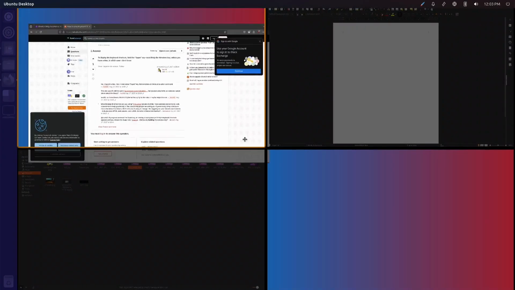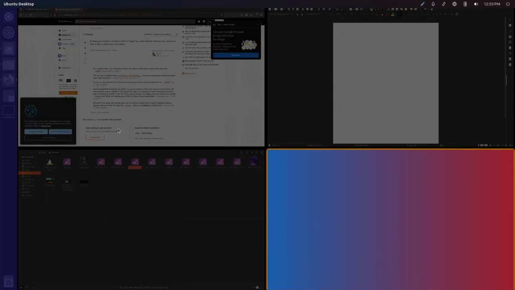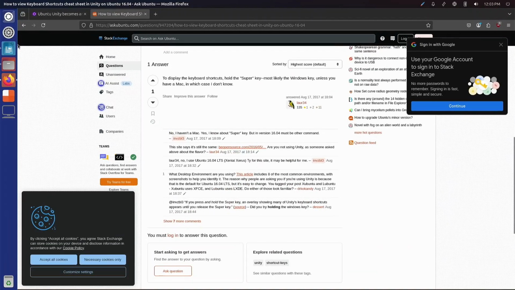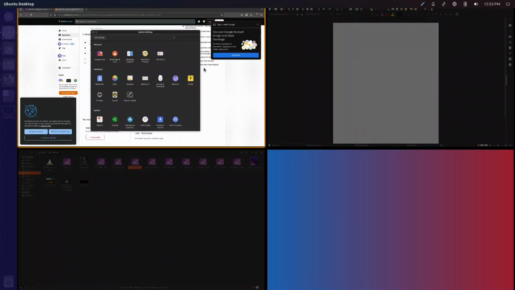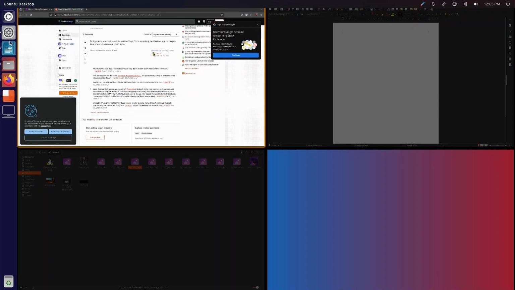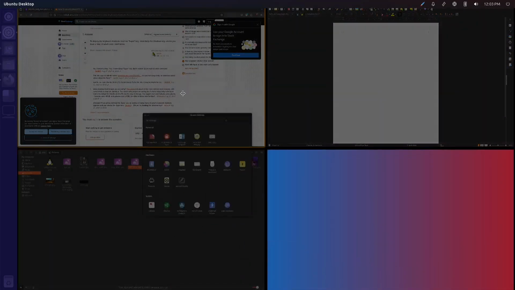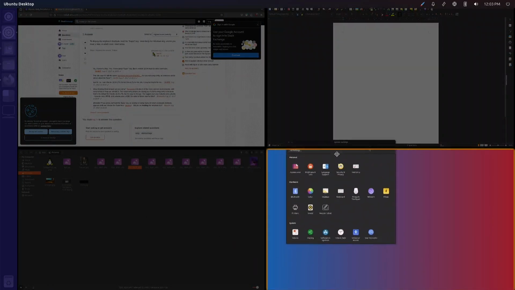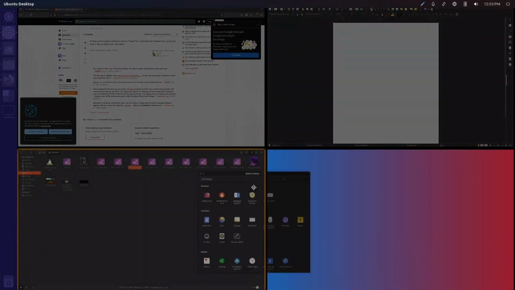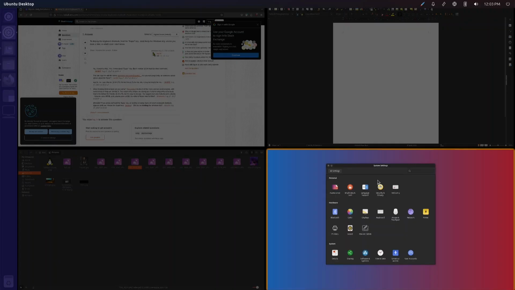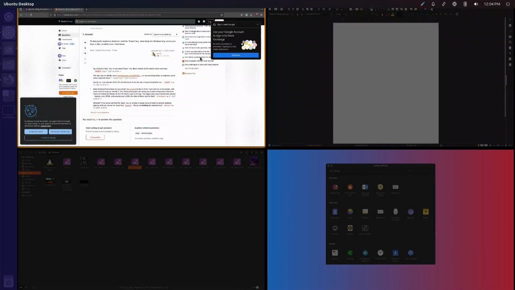Super S. Hey, wait a minute. I can drag these to another workspace. What was wrong with the settings app? Here, hold on. Super S. Okay, that's Firefox. Oh, there we go. Hey, what was the problem earlier? Ah. Damn it. Oh well. But yeah, you can kind of do this. Move things to different workspaces.